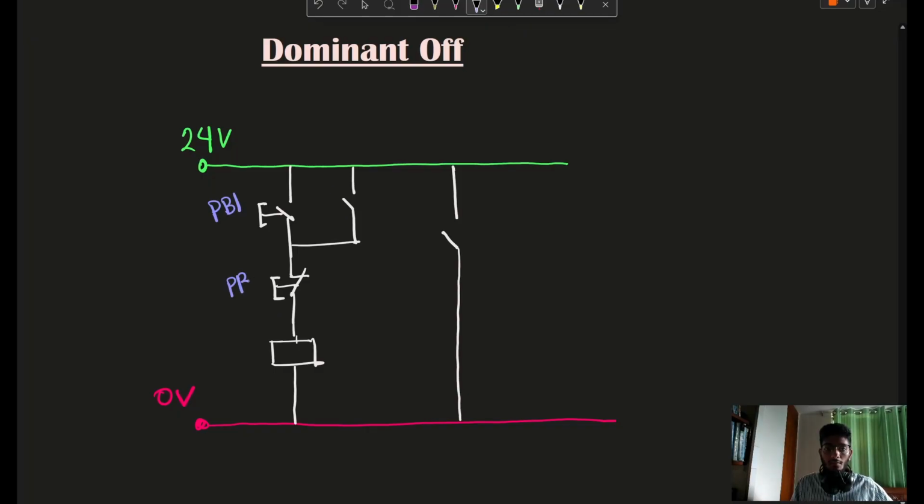This is PB2, which is normally closed. PB1 is normally open. And this is relay K1. This limit switch will sense K1, and this one will sense K1 also. When I push PB1,